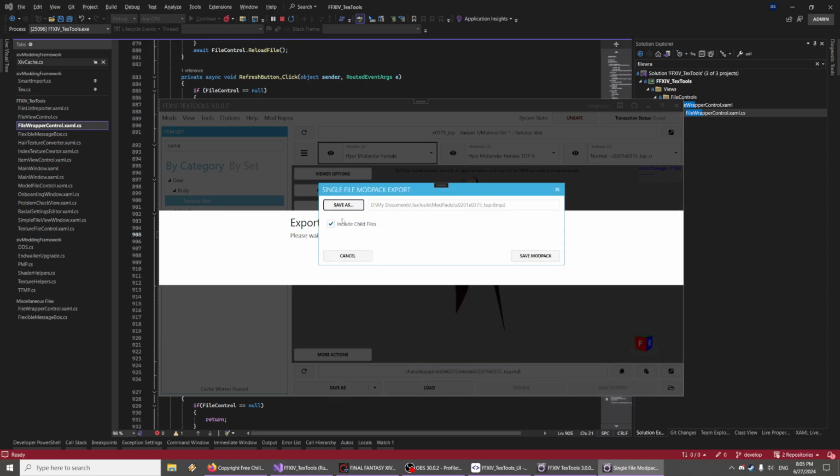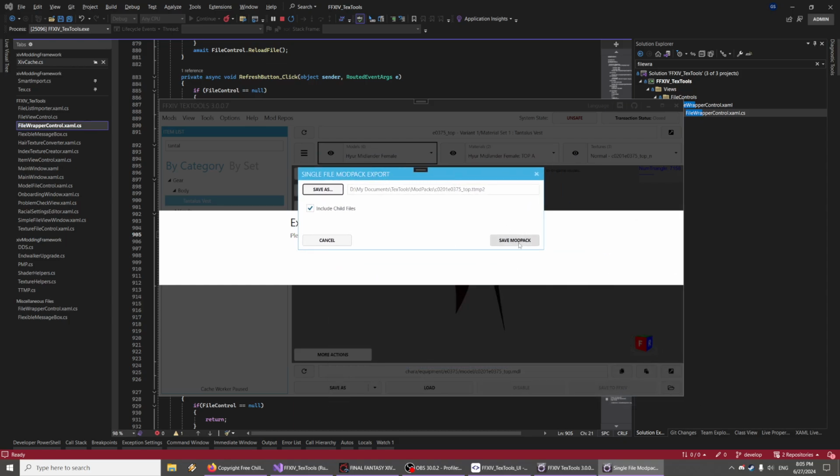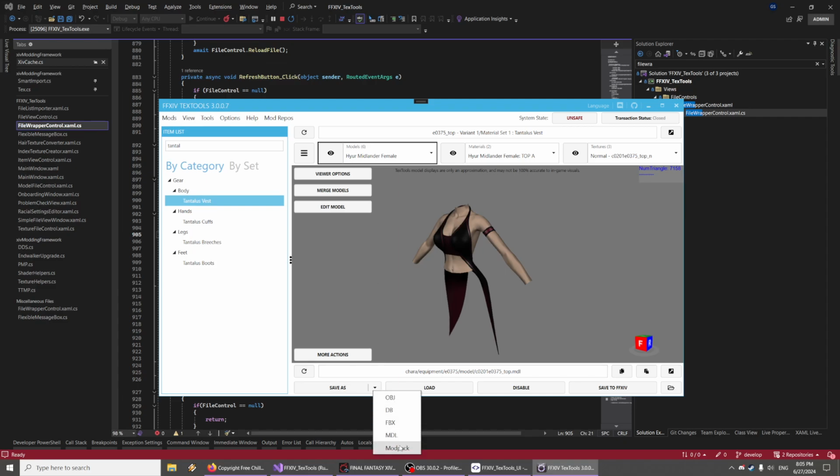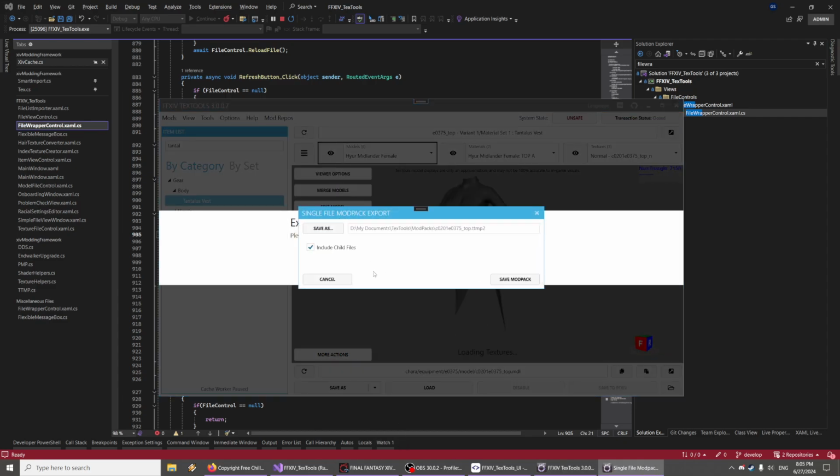Save it as like a TTMP2. This menu happens to only support the TTMP2s. And you hit save, and it will save the mod pack. Very simple. And you can, again, when we're in that menu, you can choose to just export only the file